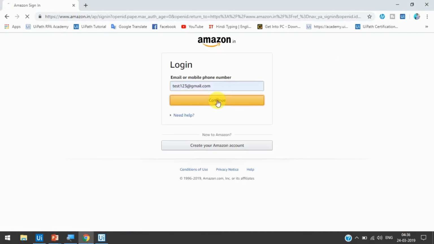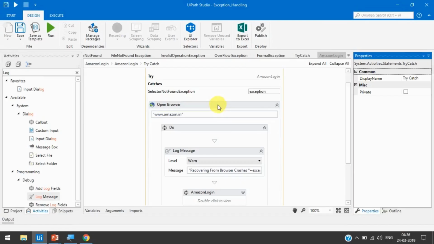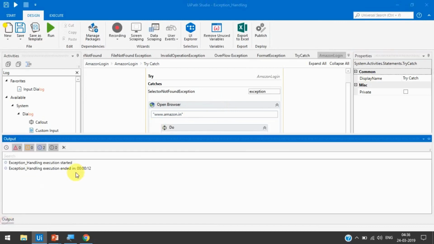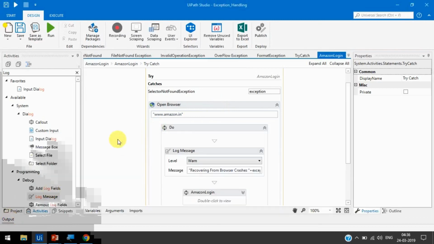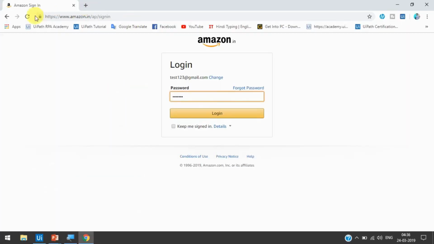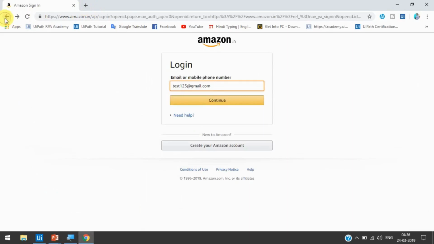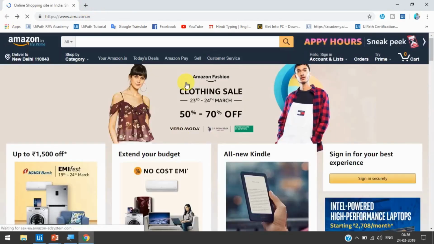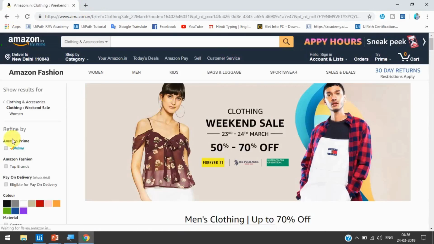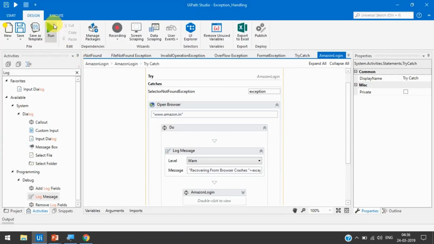So now you can see. Okay, if you look at the output, there are no error exceptions here. Now we are going to do one thing. We will not keep this page open. We'll just close it here, okay, and now run this project and let's see what's happening.